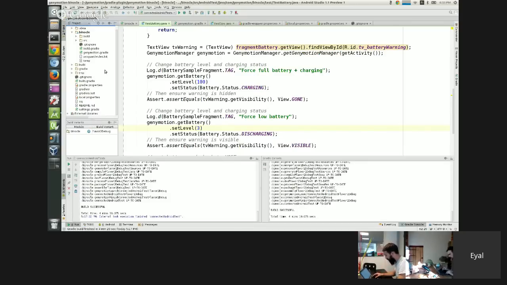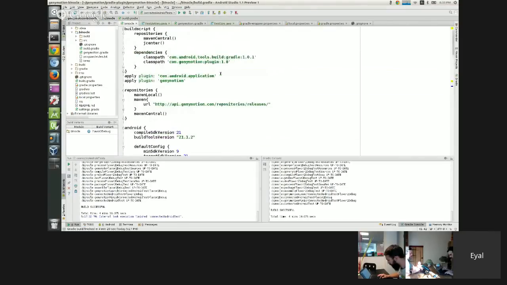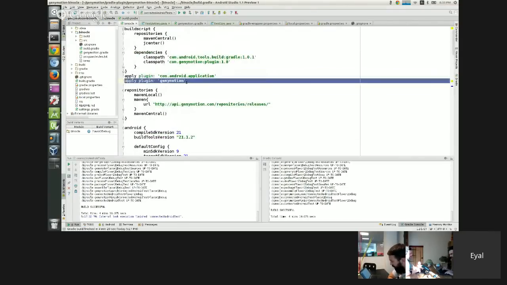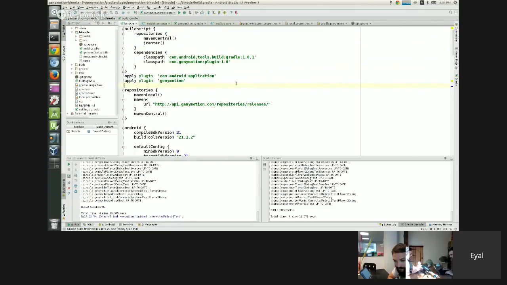And so it's building. If you are running a Gradle task, you will run all your tests on Genymotion devices, of course, because other devices do not implement this kind of features or API. And what I've done here, in a very simple way, is add the Genymotion Gradle plugin into this project. So I added the gcenter you've seen, I applied the Genymotion plugin,